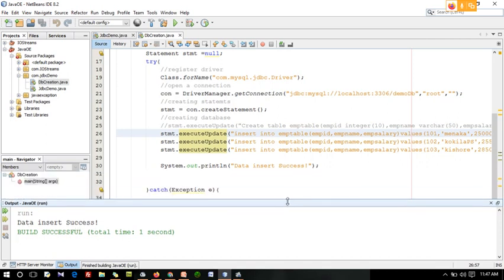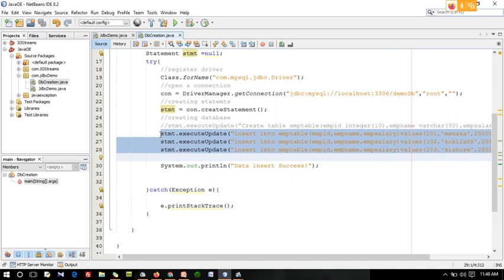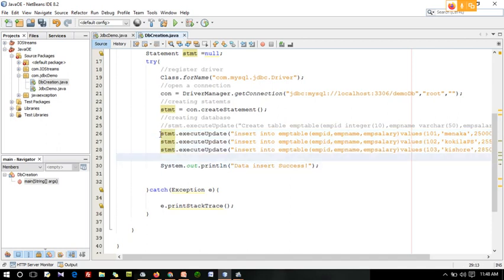Dear students, here itself, if I want to display the records from the emp table, what do I want to do? I just now inserted the values into my database.